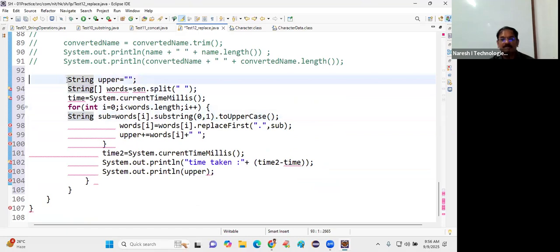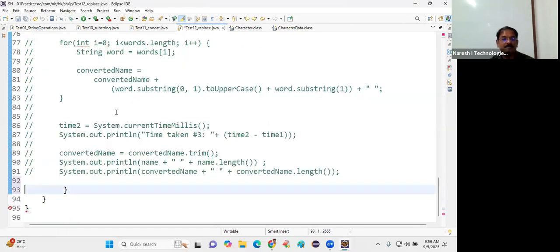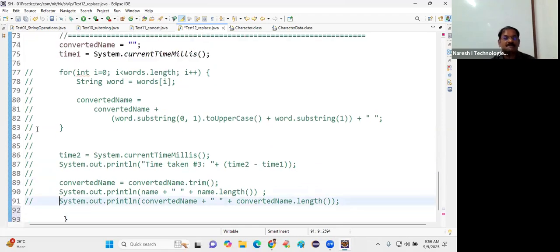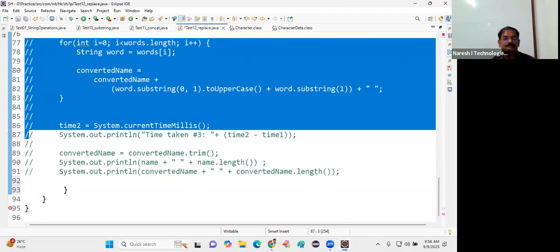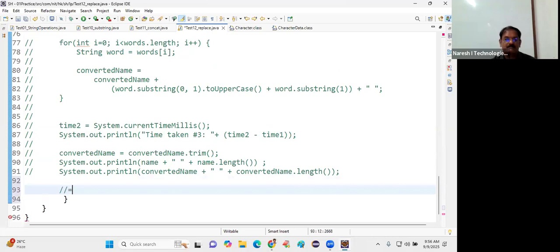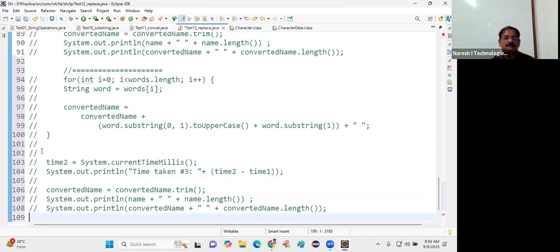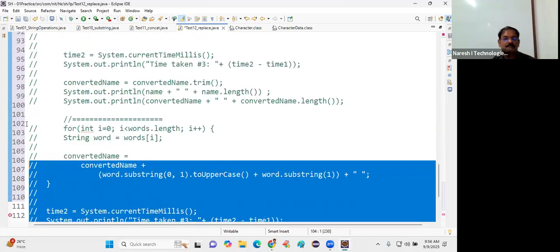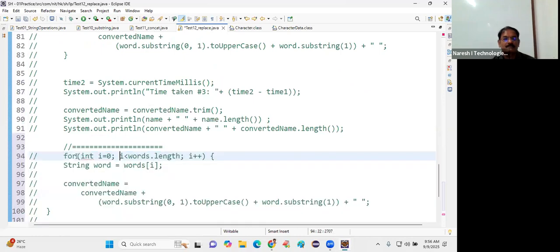Okay, let me write it, because copy paste is creating problems. He got an idea, the same code he has written with a for loop. What he has written,